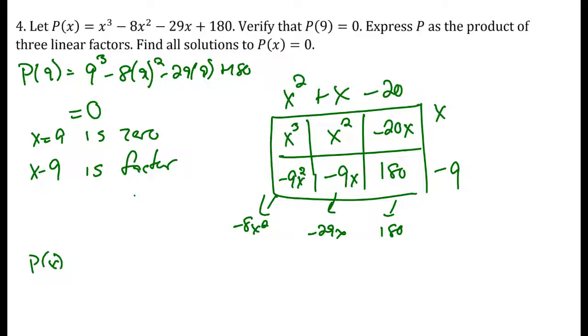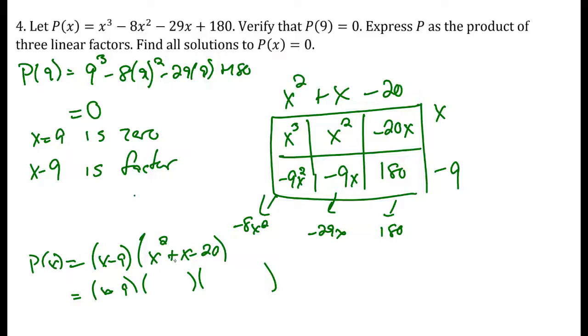So p of x is x minus 9 times, if we thought of this as a multiplication question, times x squared plus x minus 20. Well, that's not 3 linear terms, that's 1 linear term and a quadratic term. So x minus 9 times what? Well, this is a trinomial with a leading coefficient of 1, so we can do this quickly. What multiplies to -20 that adds to 1? Plus 5, and minus 4. So p of x, in factored form, is x minus 9, x plus 5, and x minus 4, the product